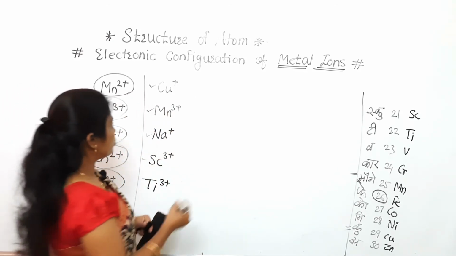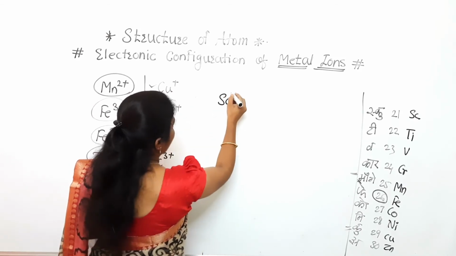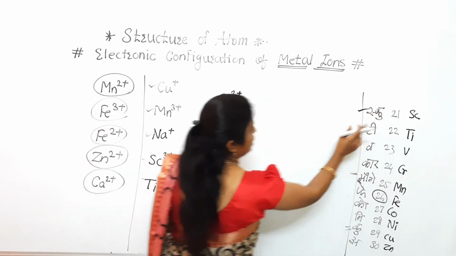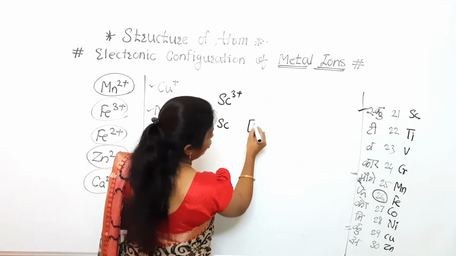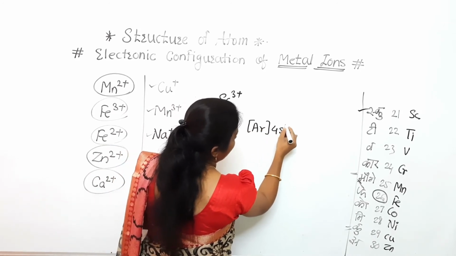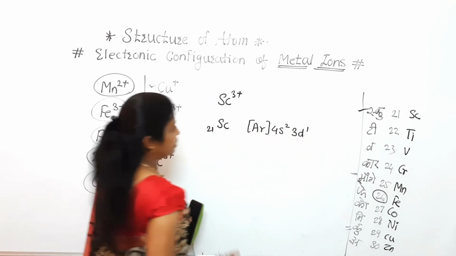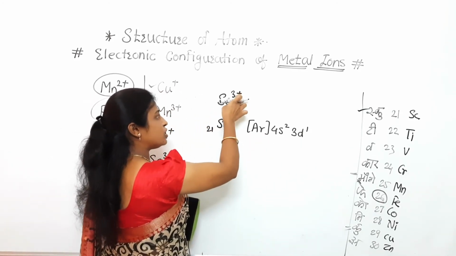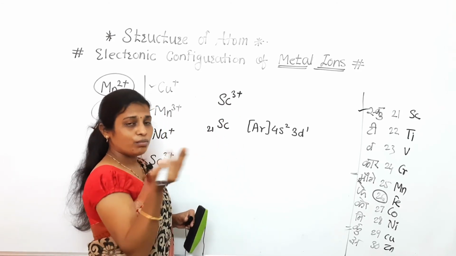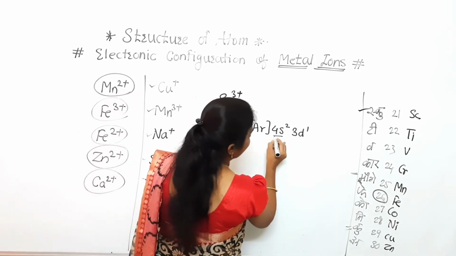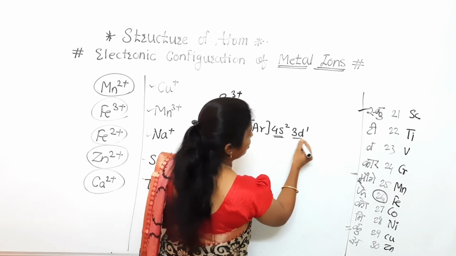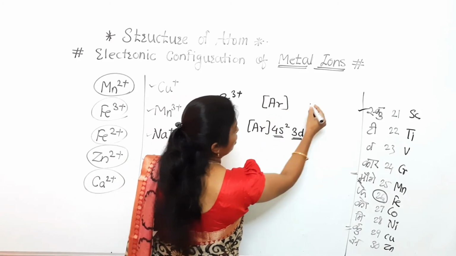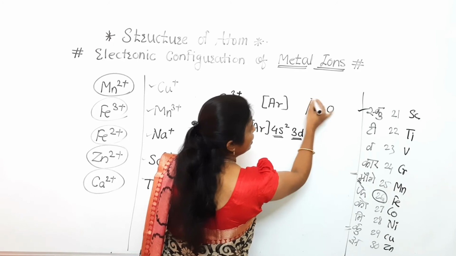Now it's time to discuss scandium. For scandium, the charge is +3 and its neutral one is Sc. See, Sc is 21. For that one, the electronic configuration is argon 4s2 3d1. Okay? 18 plus 2 is 20, 20 plus 1 is 21. For this scandium 3 plus, how much charge is there? 3 is there. Means we have to remove 3 electrons. So 2 will be removed from the 4s and 1 from the 3d. So its electronic configuration will become like argon. Means the number of unpaired electrons will be 0.